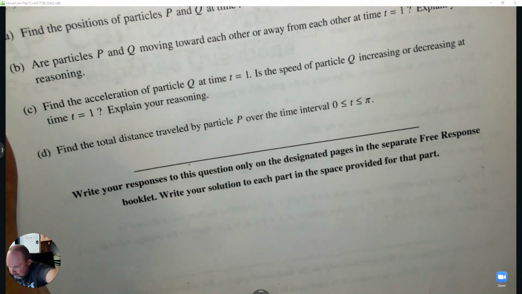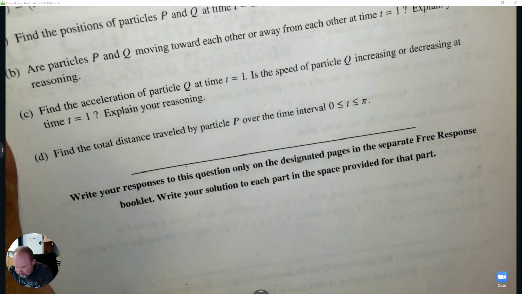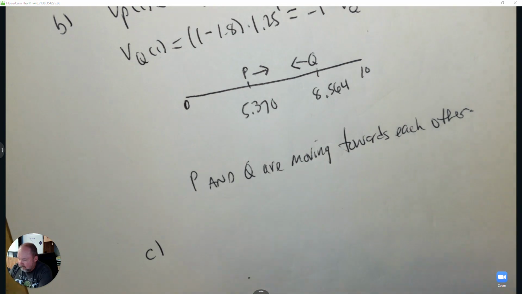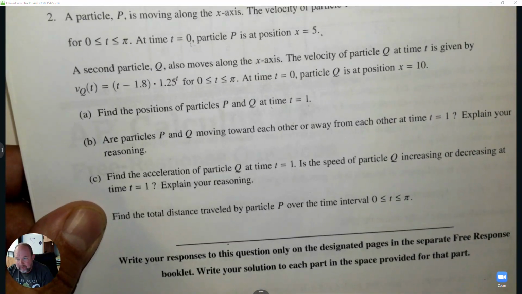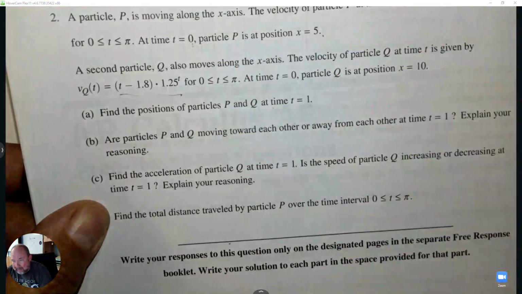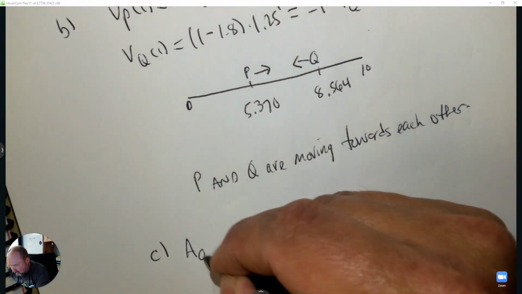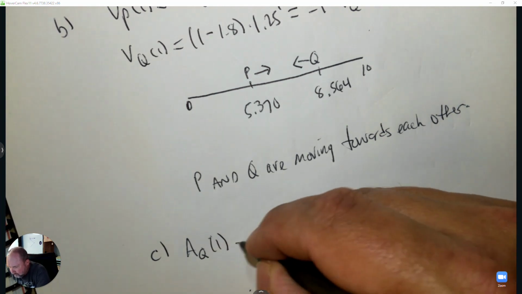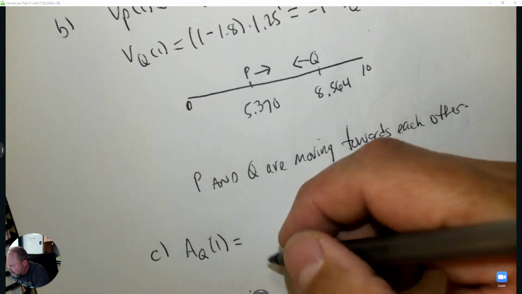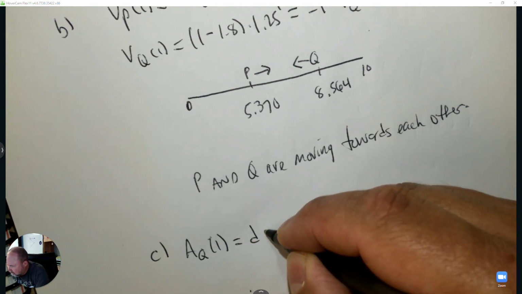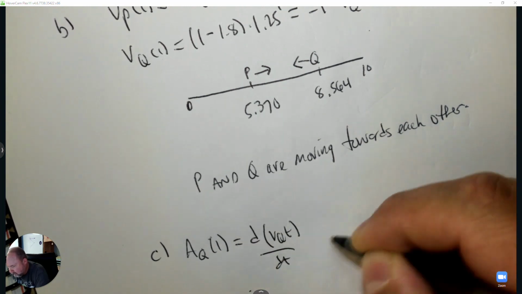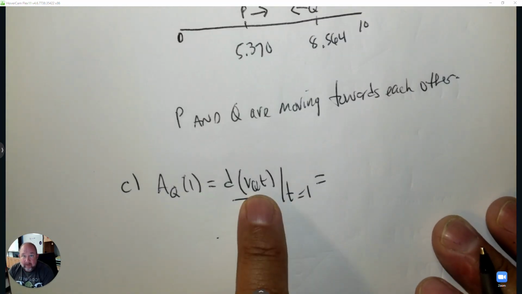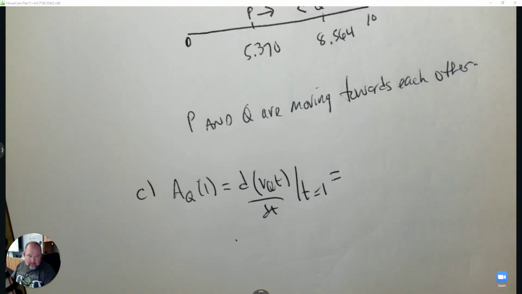In part C, find the acceleration of Q at 1. Okay? So the acceleration is the derivative. Now, I'm not going to do this by hand. I'll use my calculator for that, but I'm going to take the derivative of this at 1. So if you take the derivative of that with your calculator, so again, if we need support with that,